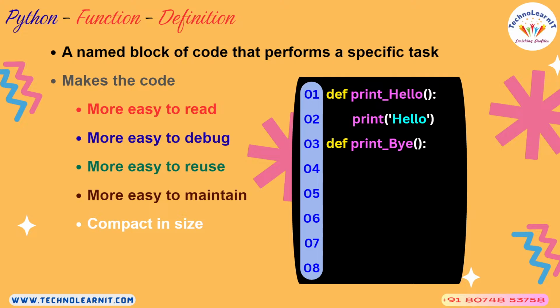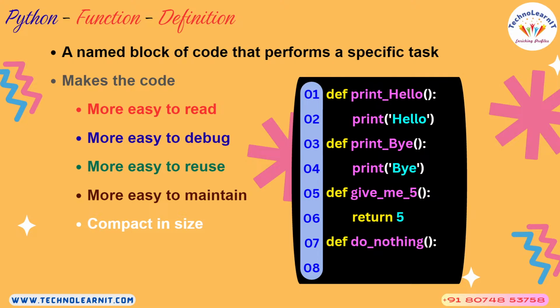This is another function if you look at it. How did I know that this is a function? The keyword def indicates that it is a function, right? And the name of the function is print_bye, and it just has one statement within itself. And there is one more function if you see here, give_me_5, right? This is the name of the function, and it has a single statement again.